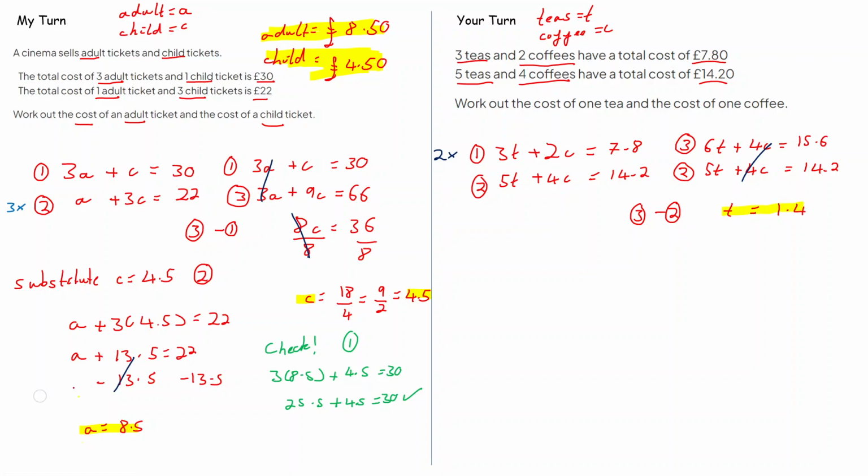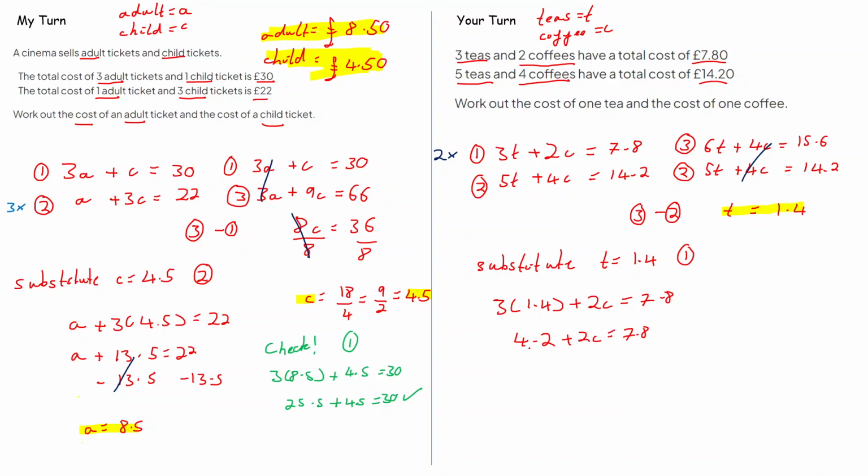Right, to go and find our coffee value now, I could just go and substitute in that t value into any equation of my choice. It doesn't matter. So let's just go and substitute in t is equal to 1.4 into any equation. I'm going to choose equation number 1 because why not? So 3 lots of t, which is 1.4, plus 2c is equal to 7.8. So 3 times 1.4 is 4.2, plus 2c is equal to